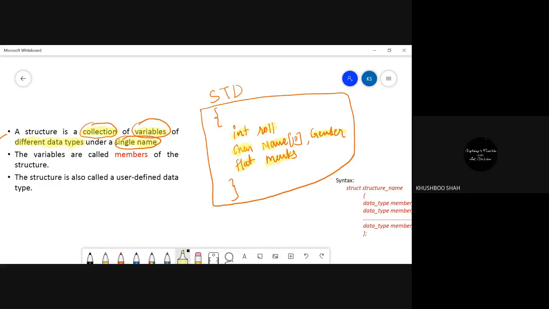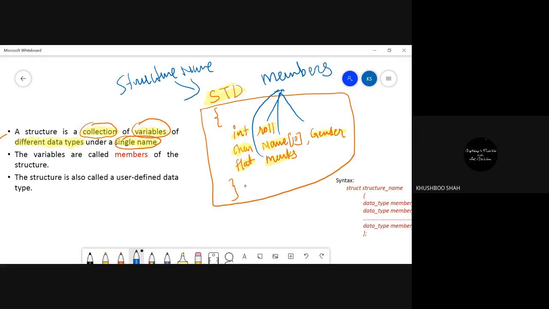And these 4 members belong to which structure? STD. So STD is the structure name, and roll, name, gender, and marks are all members. So second point clear?